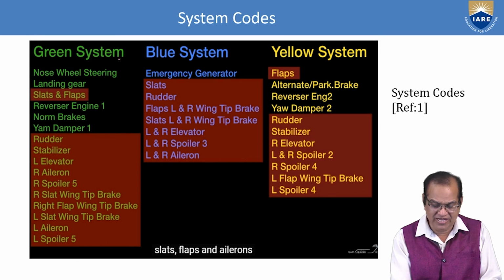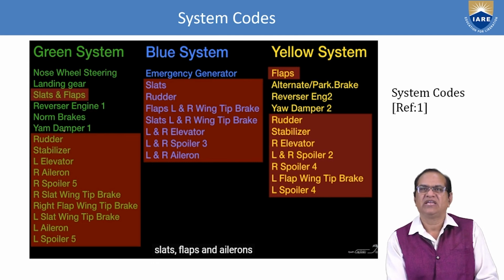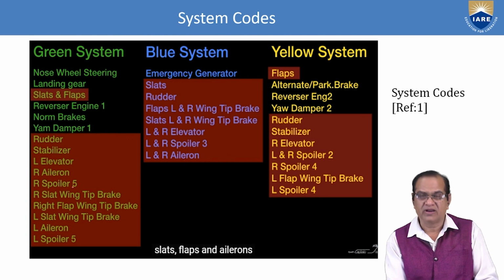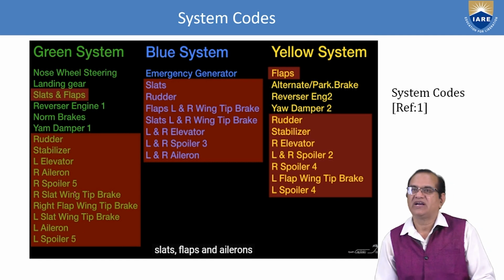So in the green systems: nose wheel steering, landing gear, slides and flaps, reverser engine 1, normal brakes, yaw damper, radar, stabilizer, left elevator, right spoilers, right slats, right flap, left slat, left aileron and left spoilers are working by the green system of